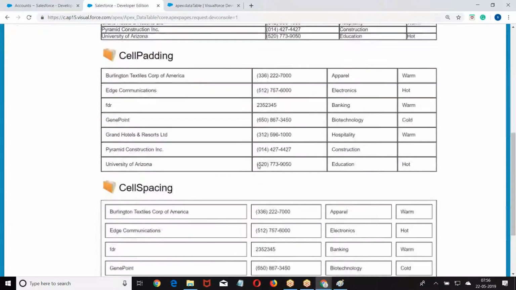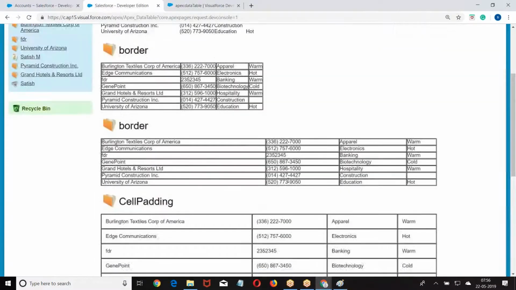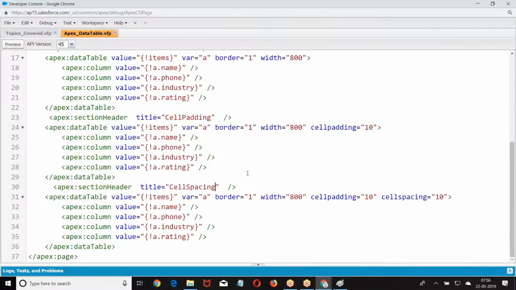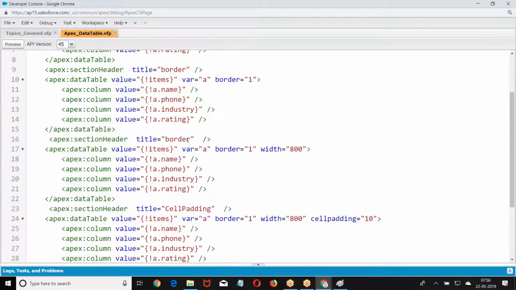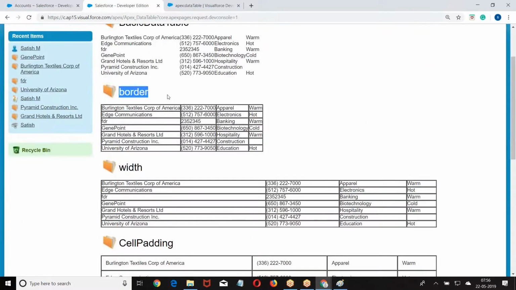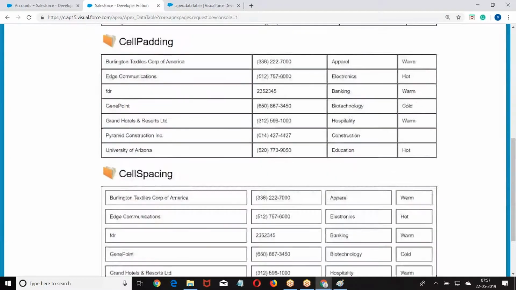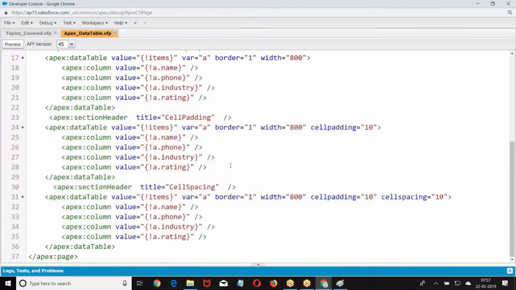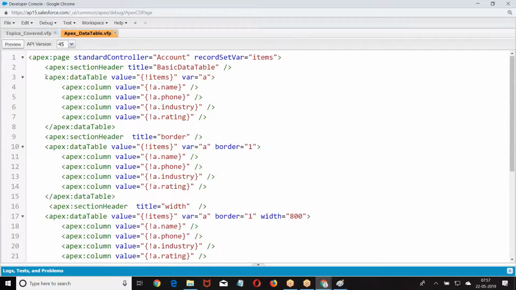Go back to this. This is how we got the body. So we had basic table, we applied a border, then we had applied a border. Now we gave width here. Third one, we gave a width here. Now basic table, border attribute, width attribute, cell padding, cell spacing. Right. Now what I want to go for a frame. I don't want a border, I want to go for a frame. If you want to go for a frame,